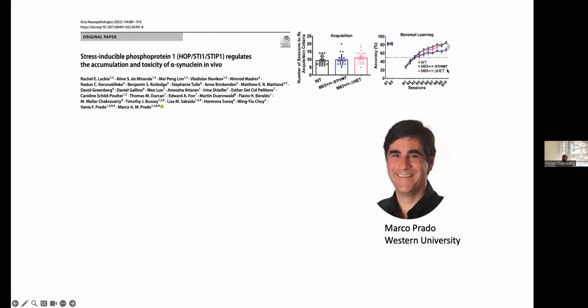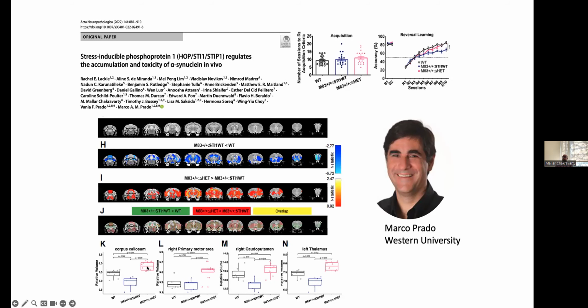And what you can see is early on, mice that overexpress STI1, that are heterozygous for the genotype, they don't have the behavioral deficit that I showed you before. And overall, if you just focus here, their neurodegenerative signatures are basically gone, absent, compared to wild type animals and M83 heterozygous mice. So suggesting that these signatures that we have may act as biomarkers for the discovery of novel therapeutics in the context of this, but also down the line, we're looking at other models related to Alzheimer's disease as well.